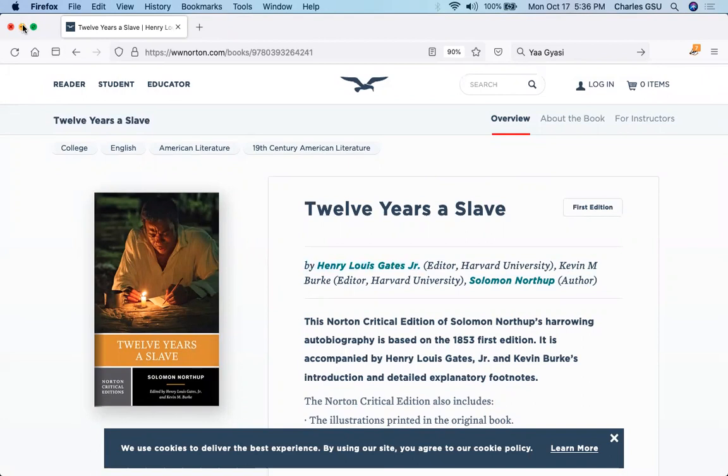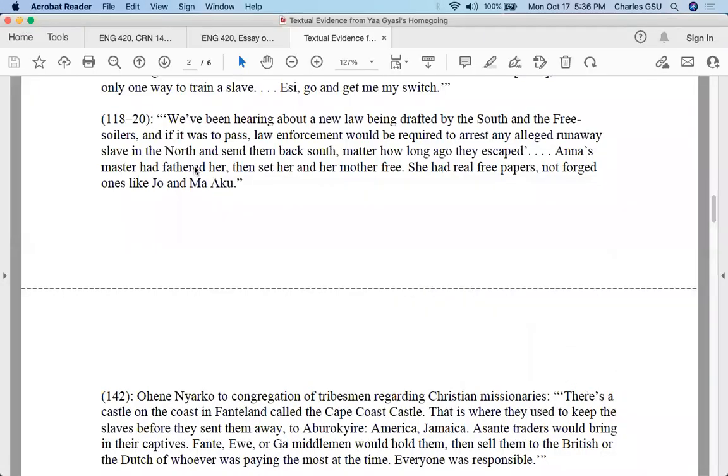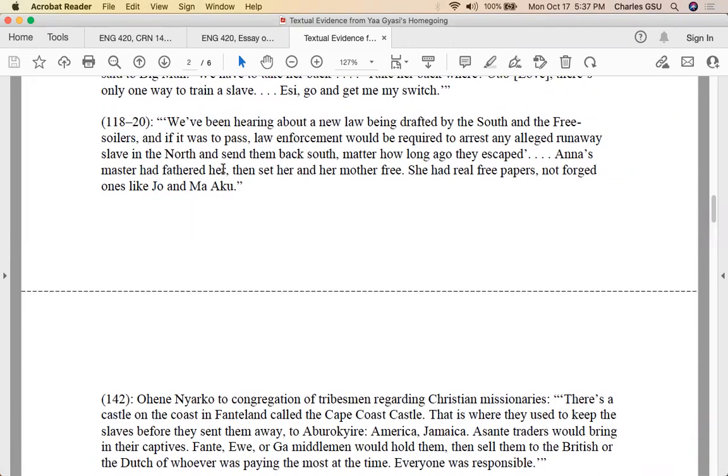So there was, unfortunately, this law that was passed, and this is what's being referred to here. We've been hearing about a new law being drafted by the South and the Free Soilers. And if it was to pass, law enforcement would be required to arrest any alleged runaway slave in the North and send them back south, no matter how long ago they escaped. Anna's master had fathered her, then set her and her mother free. She had real free papers, not forged ones like Joe and Ma'aku. But that doesn't stop